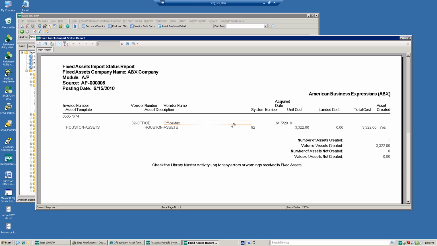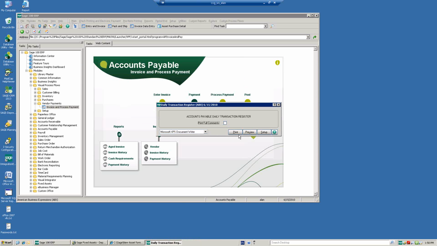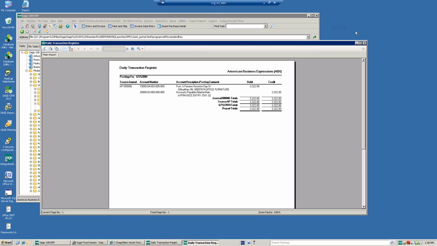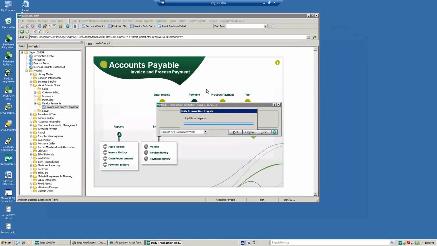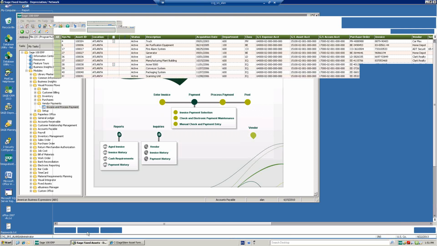Now, since we've got some additional fields of information available to us through Custom Office, I could have some of those fields also show up on our report here. So go ahead and say yes to print the daily transaction register. And we're done. So now I mentioned that a two-way integration should include, if I purchase an asset, it'd be nice if the asset shows up in my asset information system. So if I were to